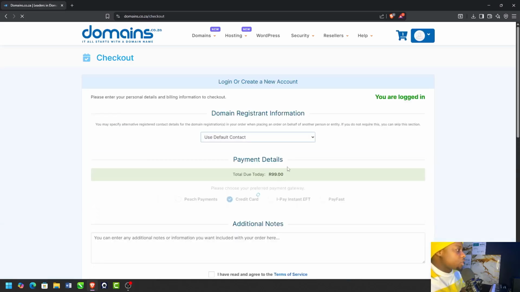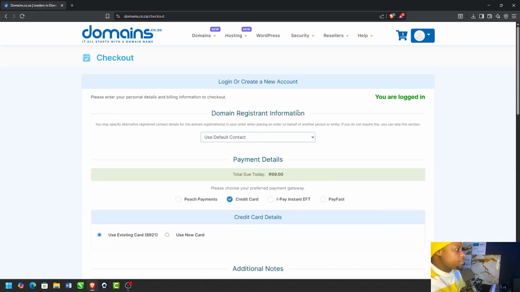So if you say check out, because I'm already logged in, as you can see, you are logged in. I'm already logged in, and they already have my credit card details, so they're not gonna ask me for the details. But if you are logging in for the first time, they're gonna ask you for the credit card details, or if you wanna use Peach Payments, iPay, Instant EFT, or PayFast, they're gonna ask you for those details. So what you need to do by that time,